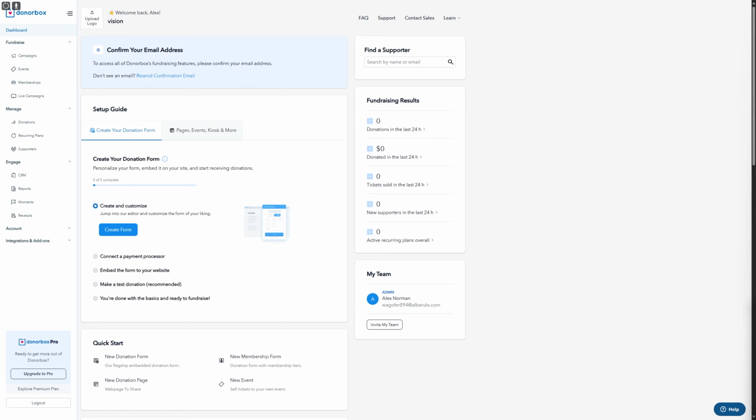Hi everyone, today we have this platform called DonorBox, and this is the best non-profit and donation management software and